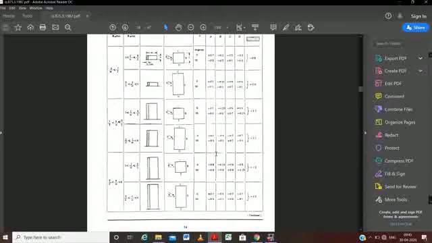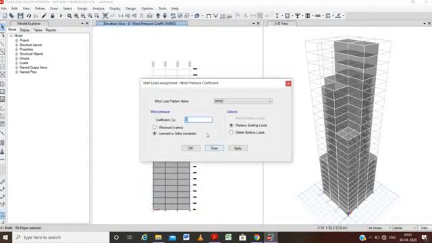And how can we get the coefficient? Here we see the D elevation we have chosen is opposite to the B side. So for B, the coefficient given is minus 0.25. Here the coefficient given is minus 0.25. So we will write here minus 0.25. We will apply the load here. Just press OK.